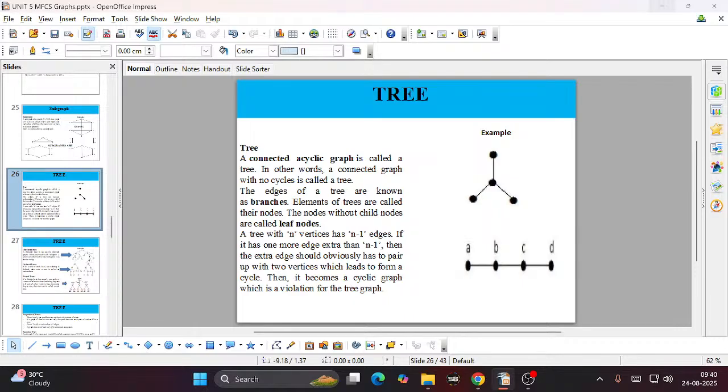A connected acyclic graph. What do you mean by acyclic? It should not form any cycle. Okay, a connected acyclic graph without any cycle. Example,